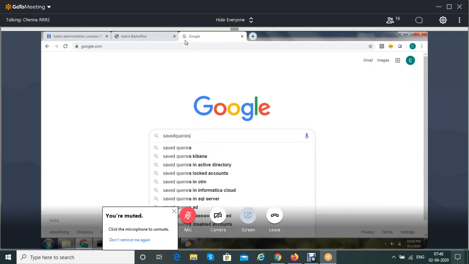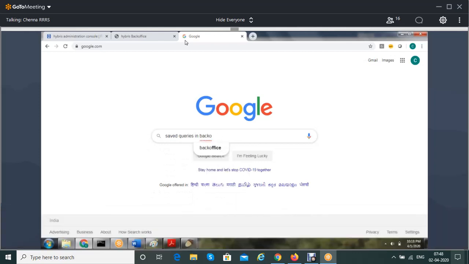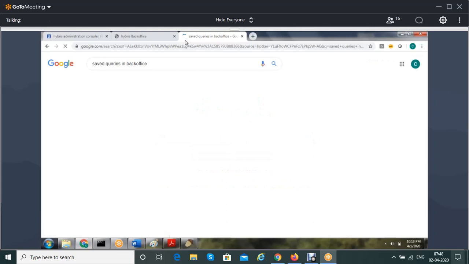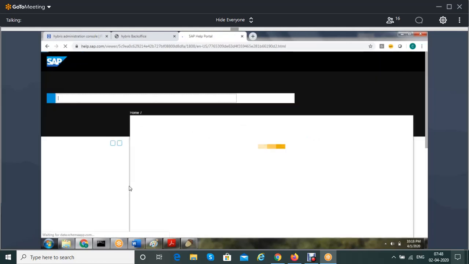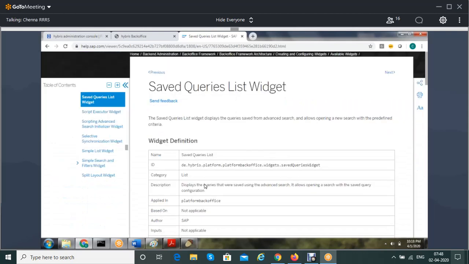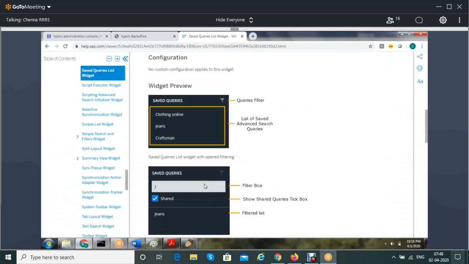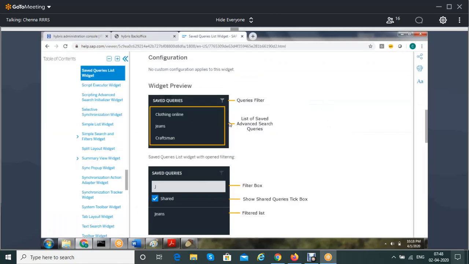Saved queries in back office. Saved queries list wizard. Okay, so this is what we have already. Saved queries, filters.